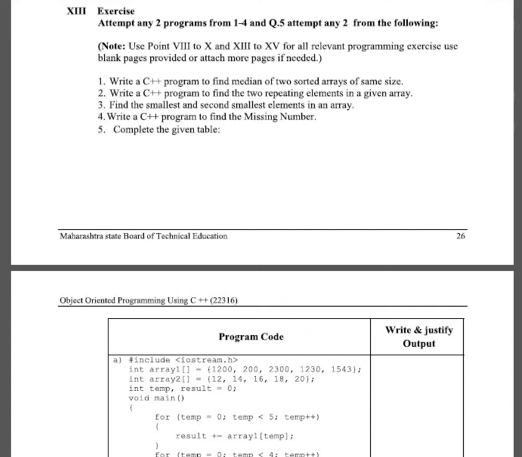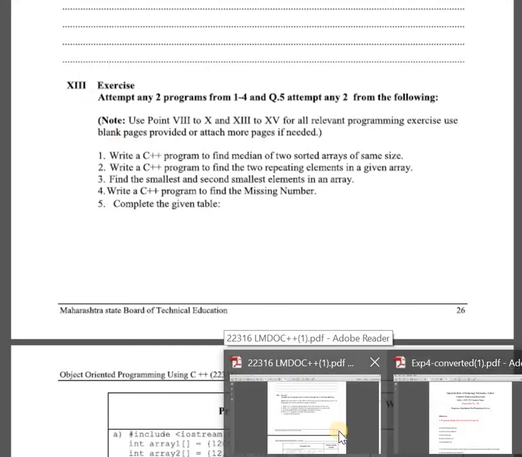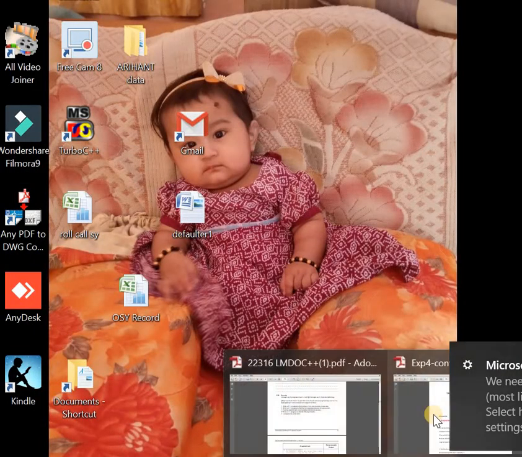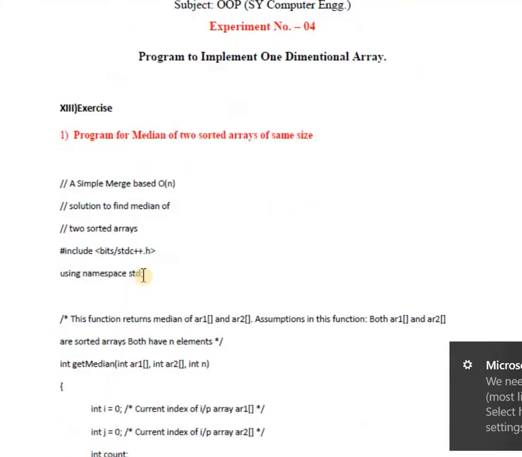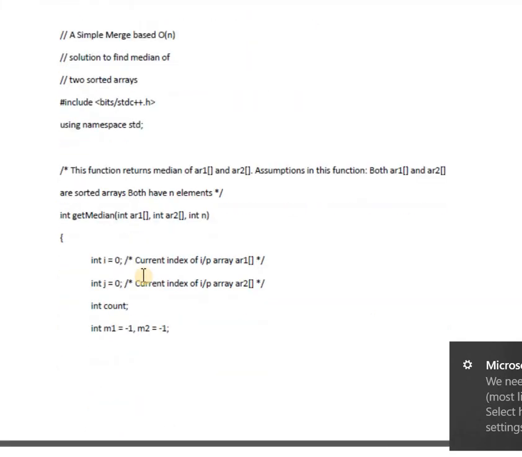Let's see the example. See here, this is the simple example to find the median of 2 sorted arrays.